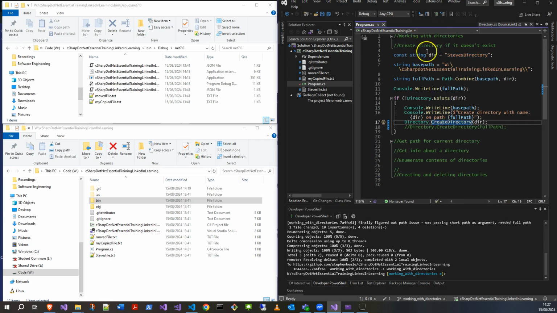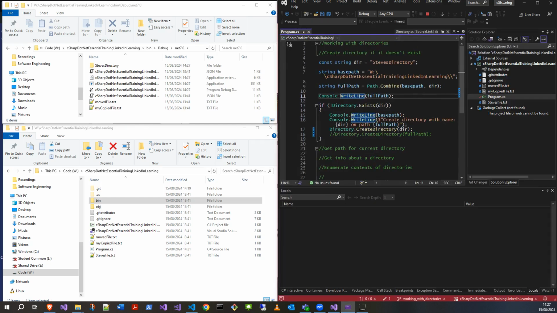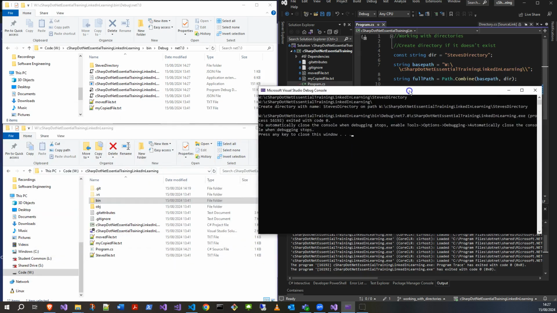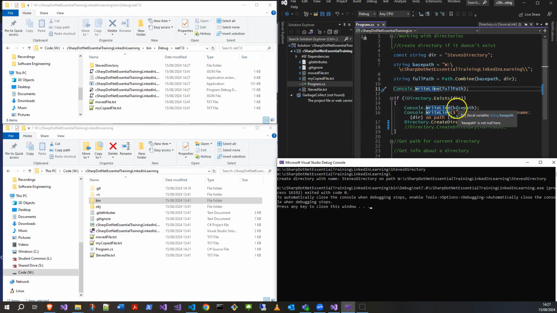So if I run this by pressing F5, it's popped up in another window. Let me just show you the output. Okay, so it's printed what I expected. The base path was that. So I've used this combine, which is the recommended way to do it, Path.Combine, to avoid getting into issues with things like backslashes. And so I know where the directory is,